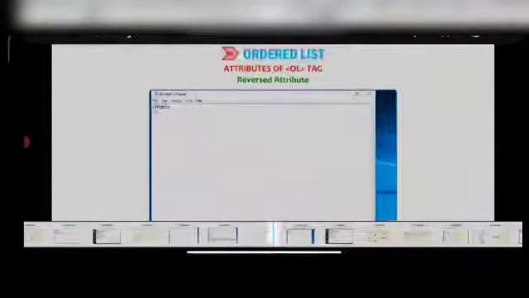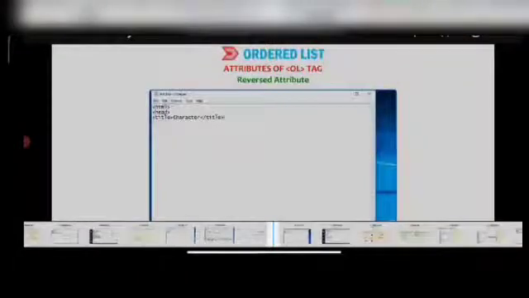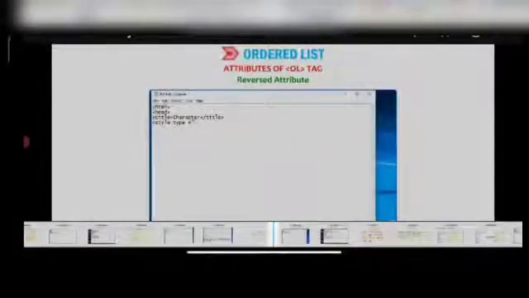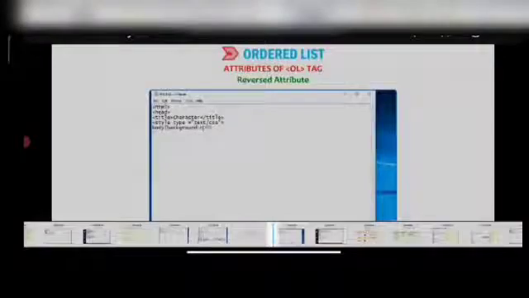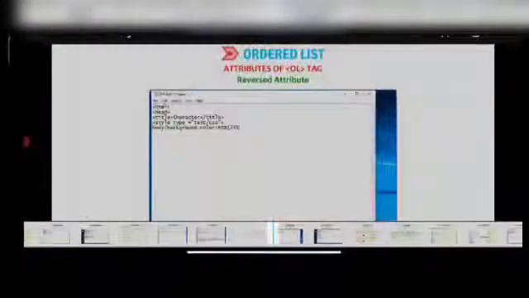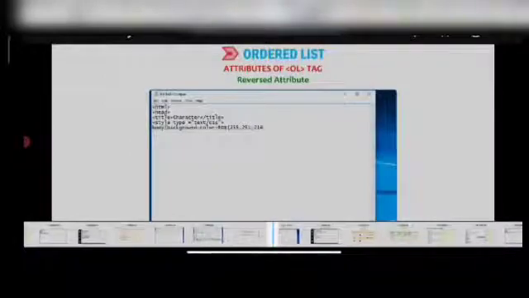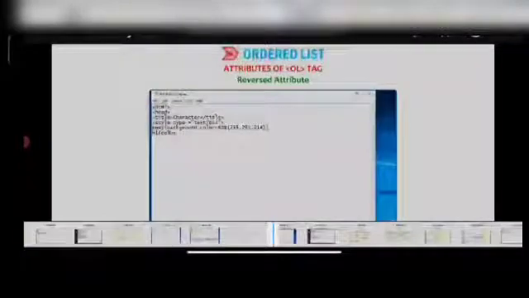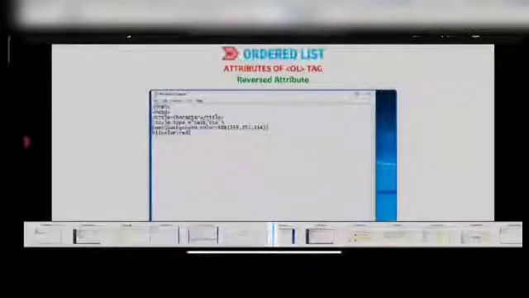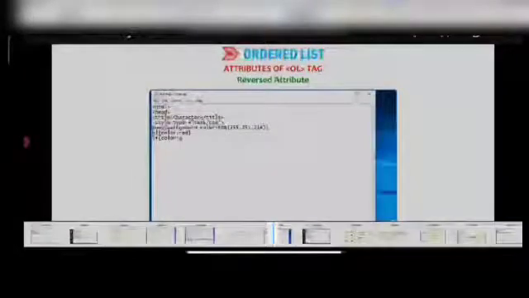For example: HTML, head, title, character, close title, style type equal to text/css, body, background-color RGB of 255, 251, 214, h1 color red, li color green.